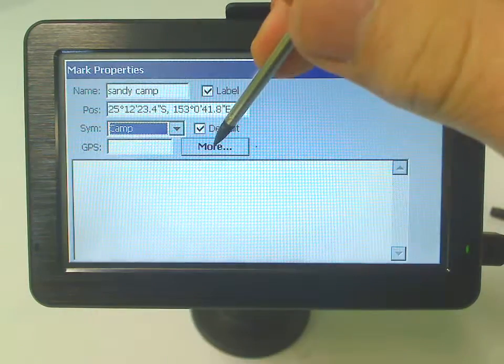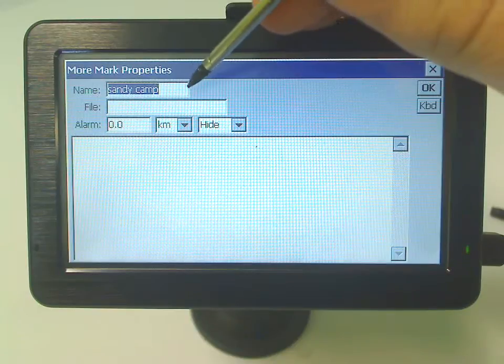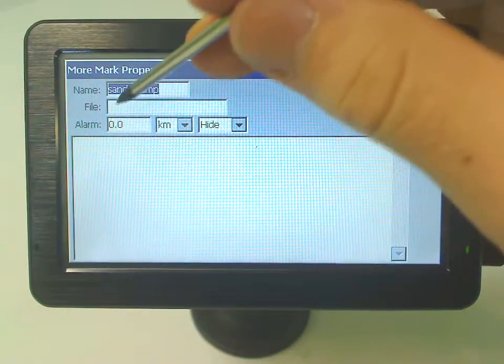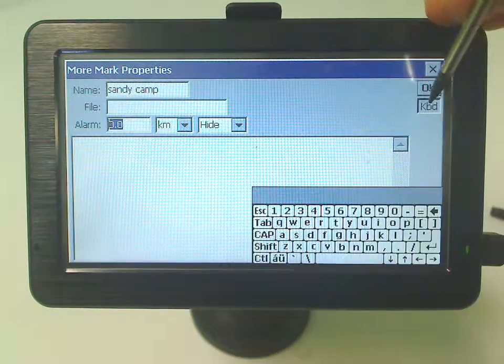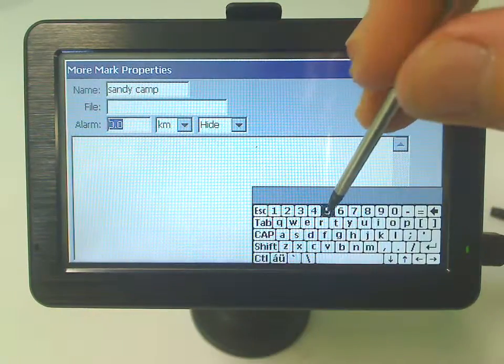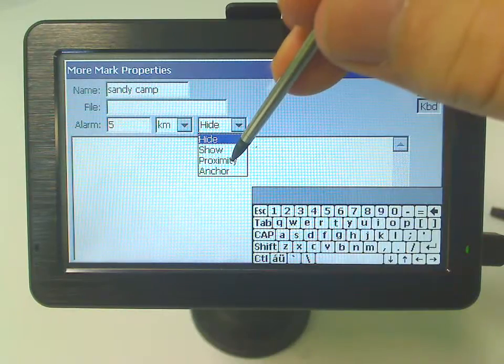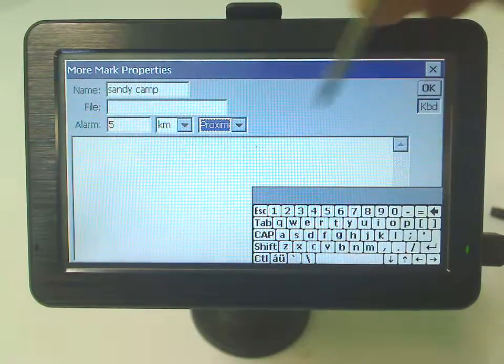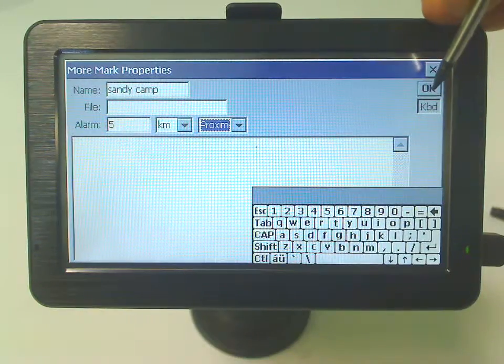And when I go to more, I can get some proximity options for having an alarm. So say in a 5-kilometre radius, let's have a proximity alarm, and that means when we enter that area it's going to come up with an alarm to show us we're in the proximity of this campsite. So if I press OK,